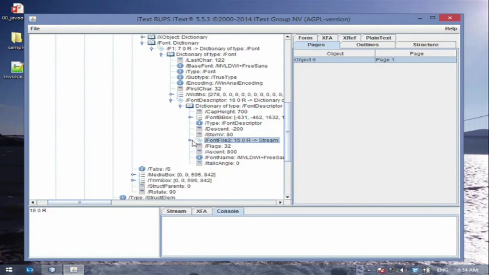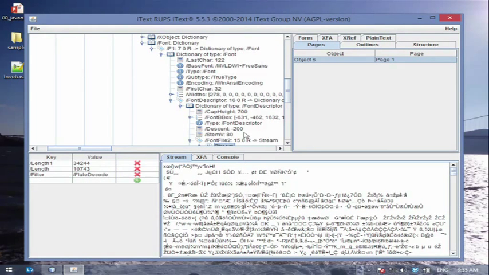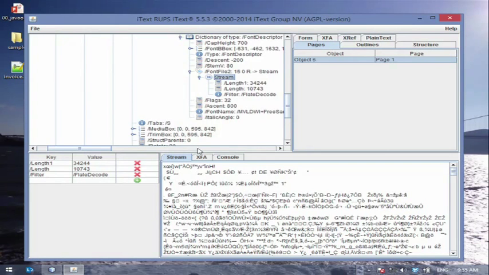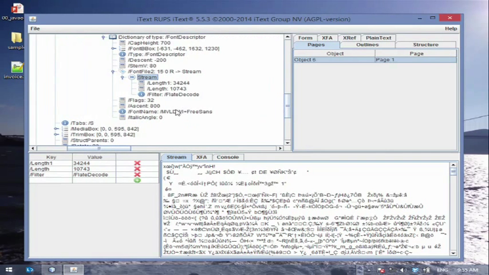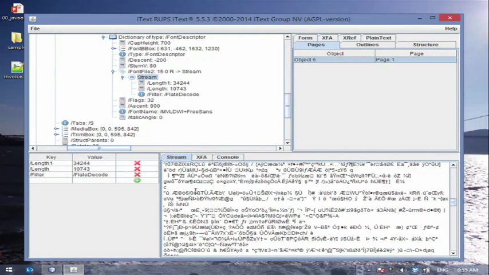And in this font descriptor, I have a font file, and this is actually a compressed font file. And if you know PDF, you see that we have 3 sans, and if it's preceded by a 6-letter code plus and then the name, you know that it's a subset of the font. So here you have the description of how to draw all the glyphs for every character that I have used in my quick brown fox example.